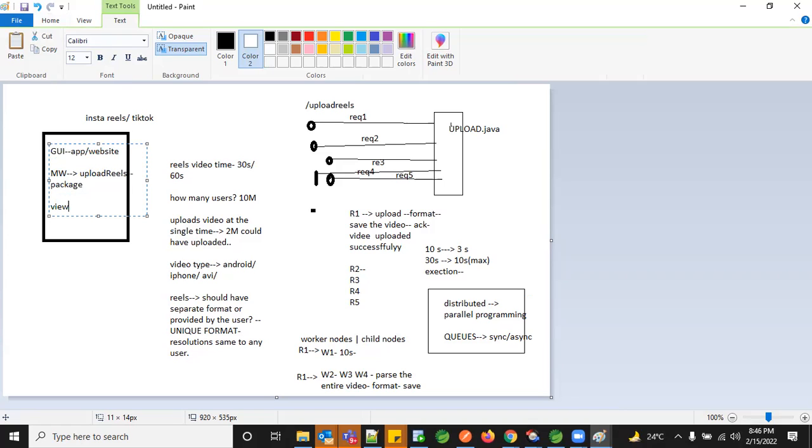So view profile. Let's say this is one of the Java programs, and all this view profile information would be one page. There would also be a login or register package. All these are nothing but Java files. These are all jar files. This is one jar, this is one jar, and this is one more jar.